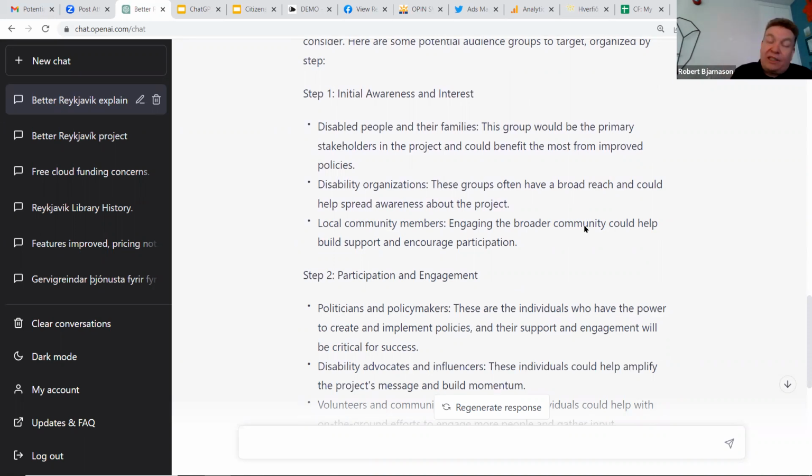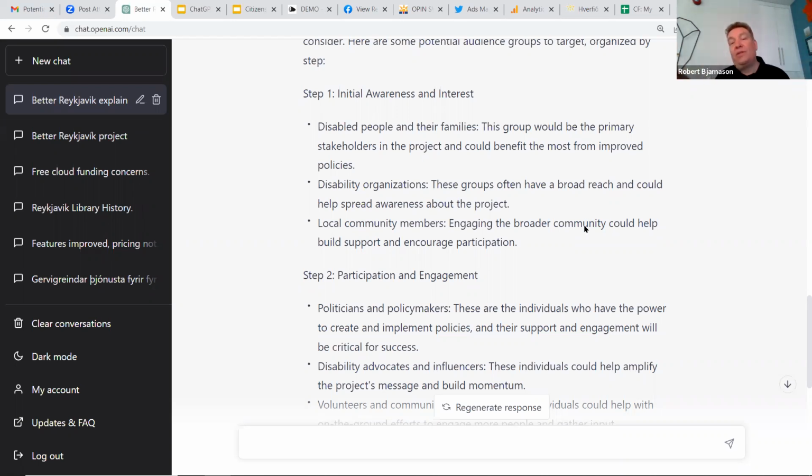That's a really good suggestion, because if you have a specific project, around disabled people for example, then doing it in 2 steps like this is a good idea. You get the stakeholders in the project, who don't need to be disabled people, whatever stakeholders there are, and here in this case, disabled people and their families, disabled organizations, local community members.